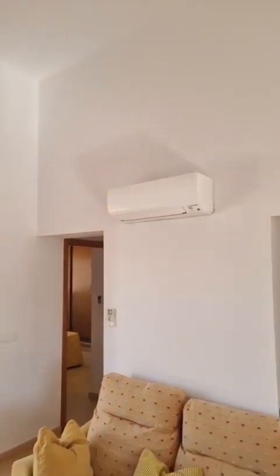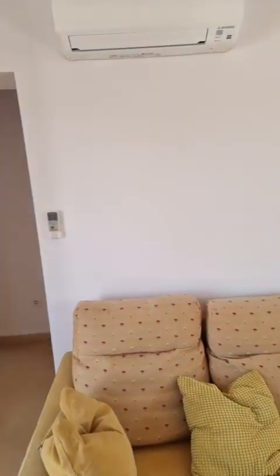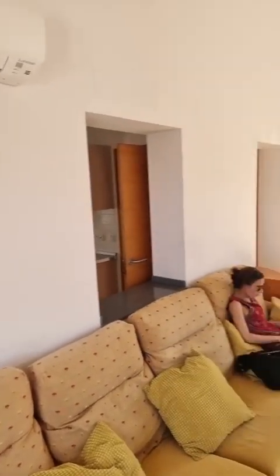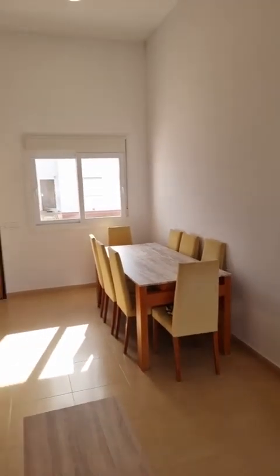The nice thing here is that this living room has a massive high ceiling. I would say it's nearly 4 meters, maybe 380 or something. It's impressive, and this obviously gives a totally different feeling than many of the new build villas on site, because they are not of the same design and not of the same layout. So we have here a central living room from where we have access to the master bedroom,